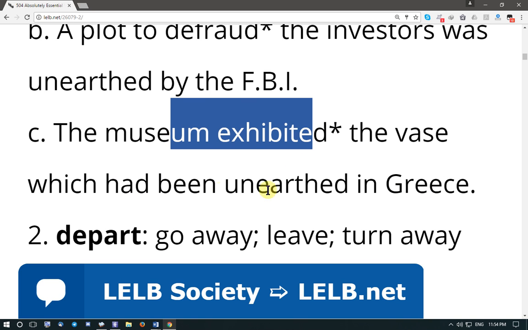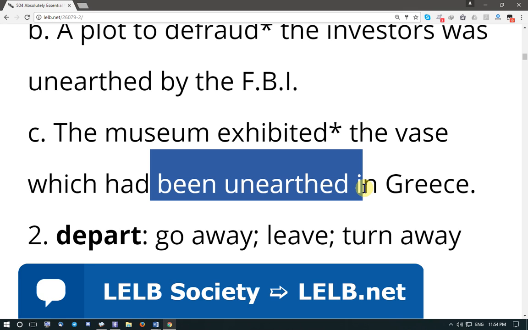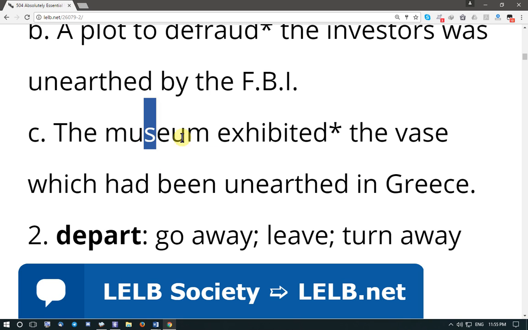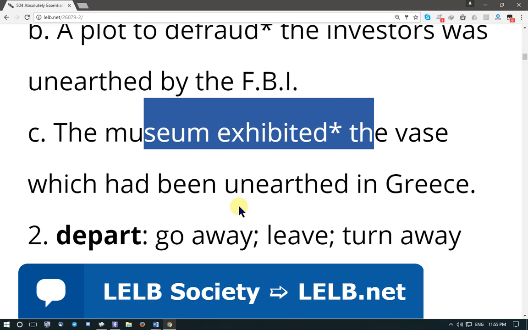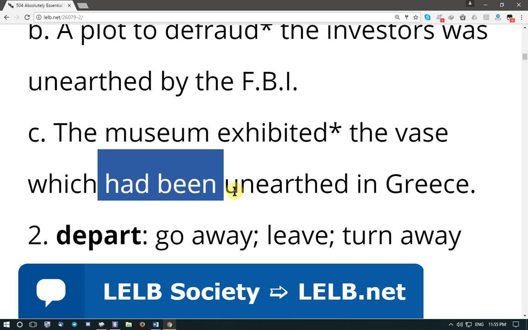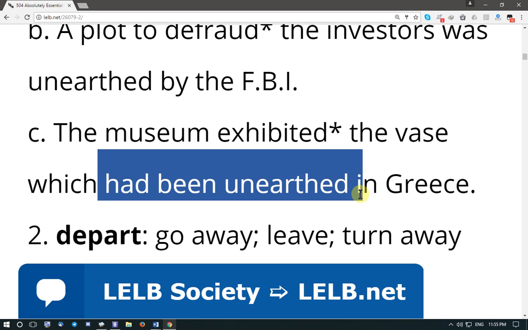So this one is number 2 in the past, that is actually farther than the present moment, and this one is closer to the present moment. That's why we use had plus past participle. So